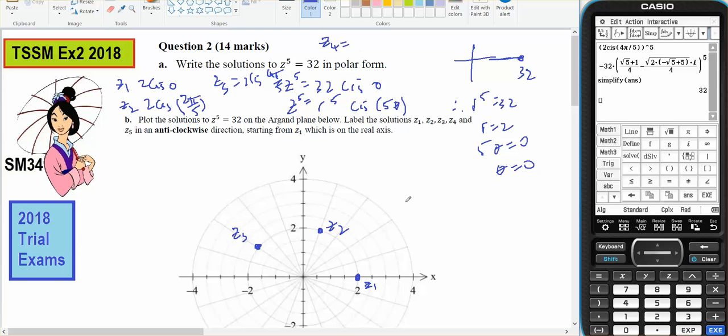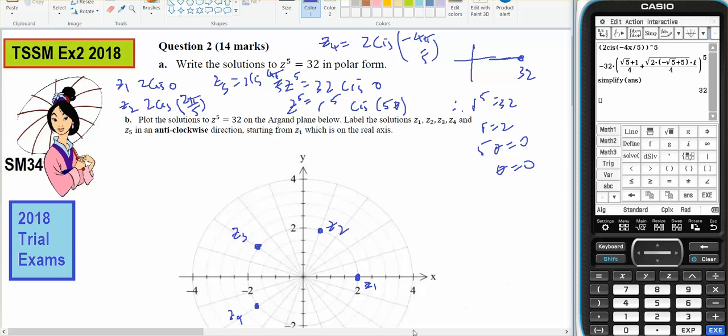Z4 is going to be going clockwise, no, anti-clockwise, so therefore it is going to be, so that was 1, 2, 3, 4, 1, 2, 3, 4, and that's going to be Z4, and that's going to be 2 cis of minus 4 pi on 5,